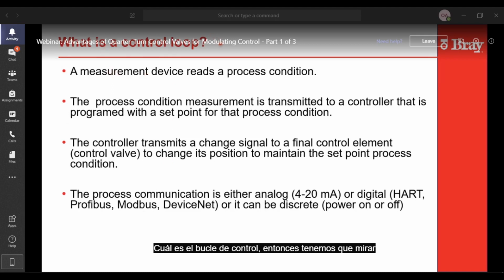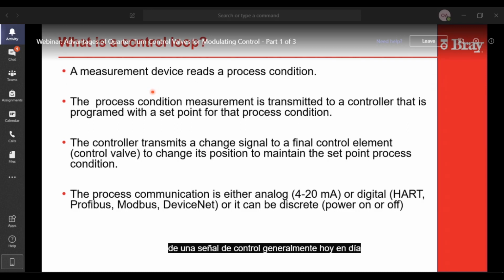So what's a control loop then? We need to look at what a control loop is. It's a measurement device that reads some process variable, some condition, either level, pressure, or temperature. You're taking in some measurement, and then it's going to a controller, and you're going to set a desired set point for that measurement in that controller, and then the controller will communicate with the control valve through a control signal.